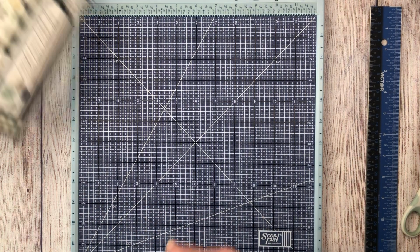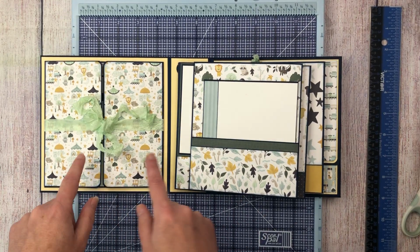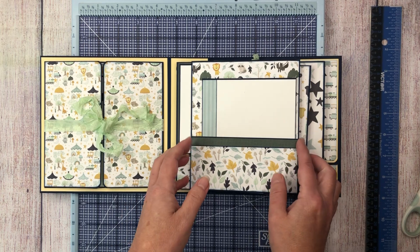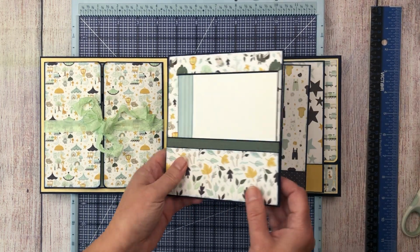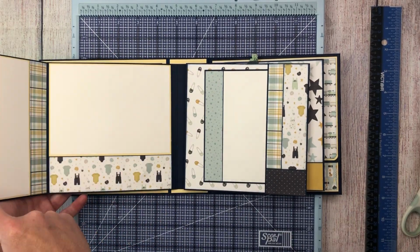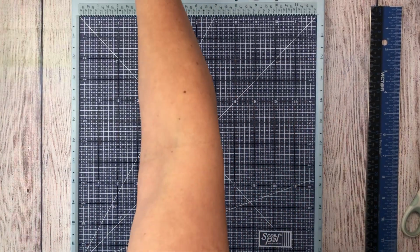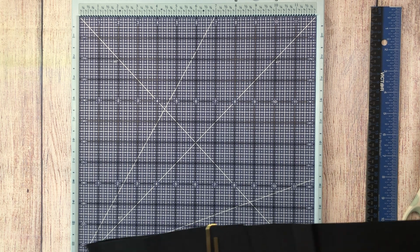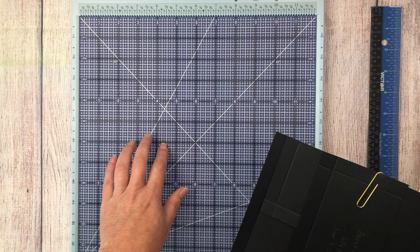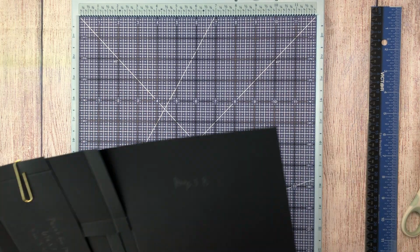So the first page, and I'll reference this back, I'm going to do this last. We're going to start with the pages first. So we're going to have a flap here and then a flap here with a pocket on each side. So we'll start with that, and I'm going to leave that up. So page 1, when I reference things, it's going to be page 1A and 1B, you know, the front and the back. So the first page